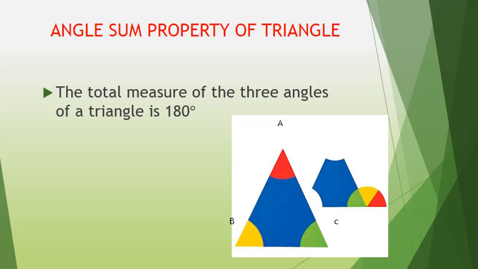You have to draw a triangle ABC just like given in the figure and color its three angles with different colors. After that, you cut the angles out and arrange them like that given in the figure. So you will get a semicircle. And you know that the angle in a semicircle or angle in a straight line is 180 degrees. So we can say that the sum of angles of a triangle is 180 degrees.